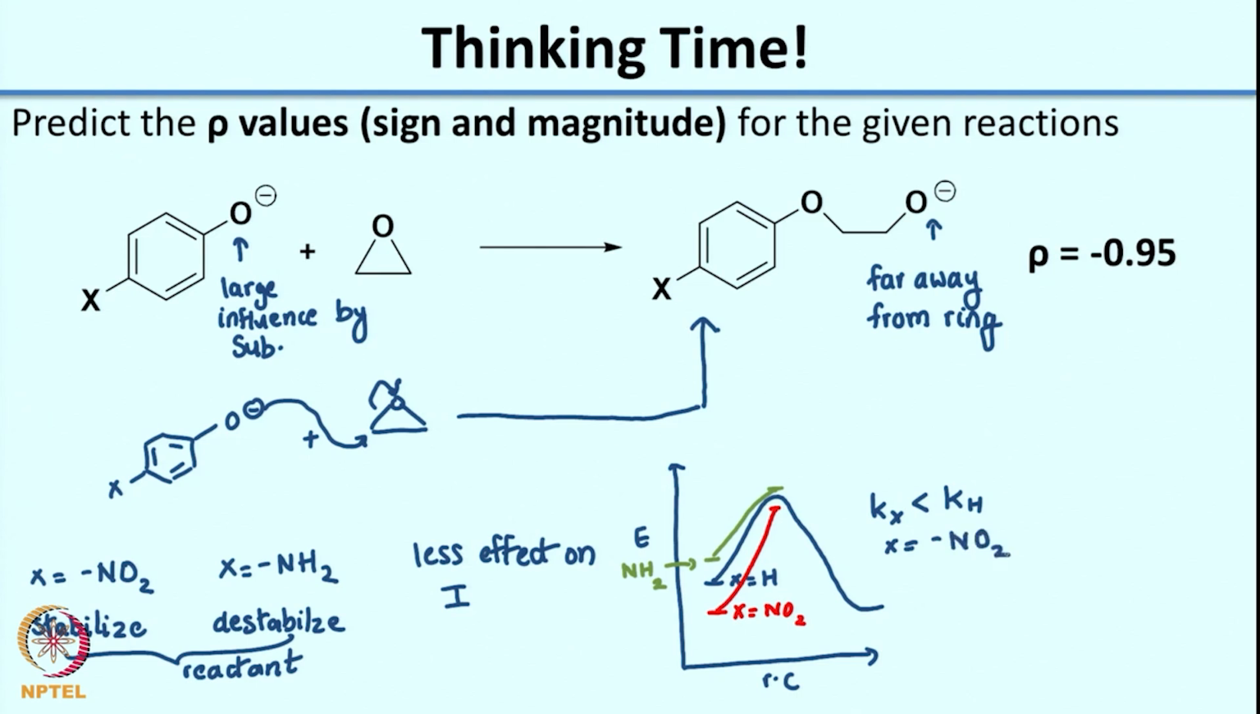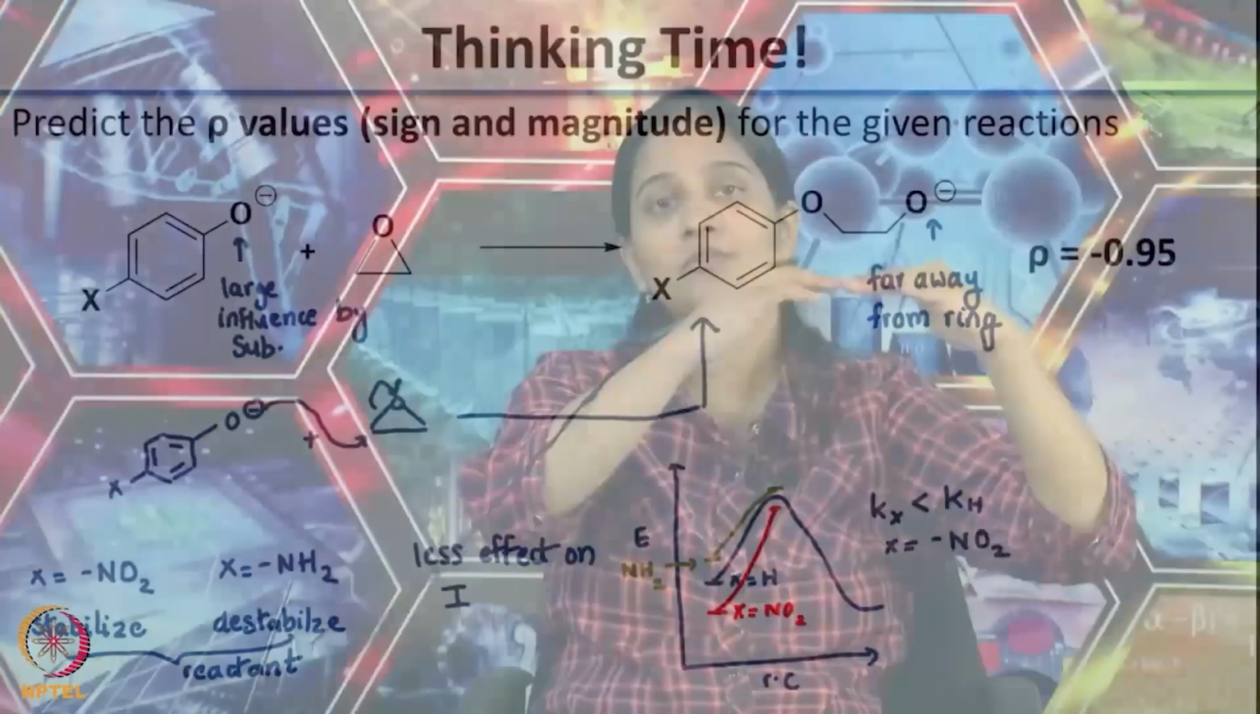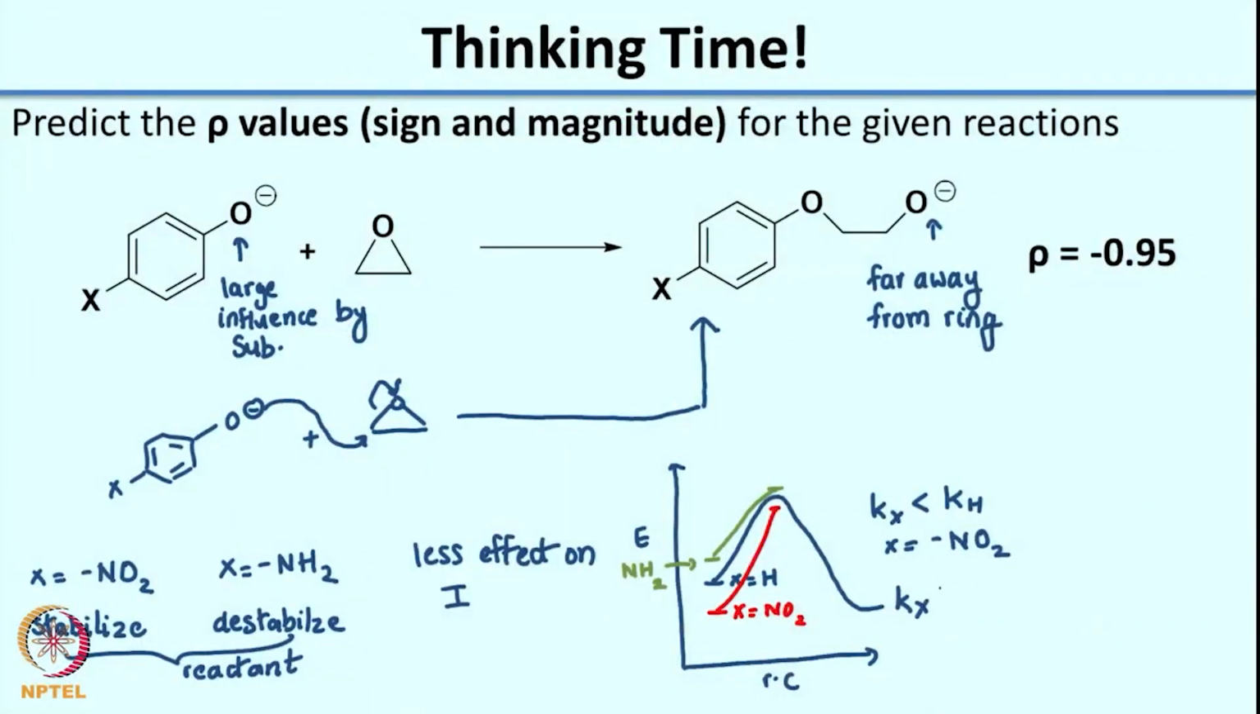Now what happens in the case where X is NH2? Now since your reactant is destabilized, you are at a higher point, so you have a smaller barrier to cross. So you have Kx greater than Kh when X is equal to NH2. So remember the weighing scale that I was talking about. So if I were to plot log of Kx over Kh versus sigma,